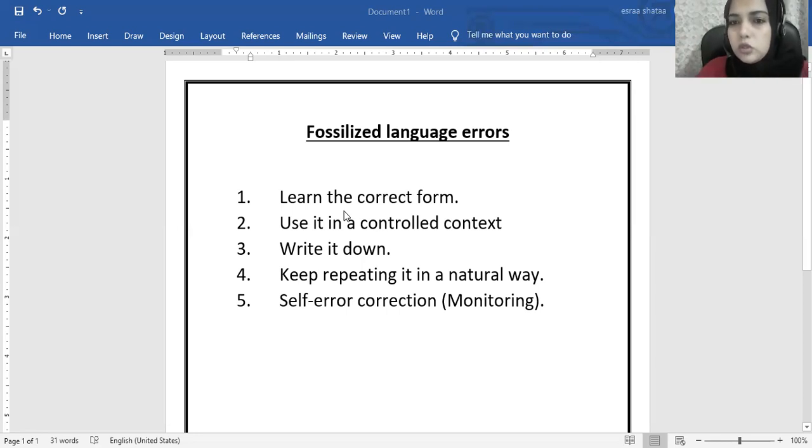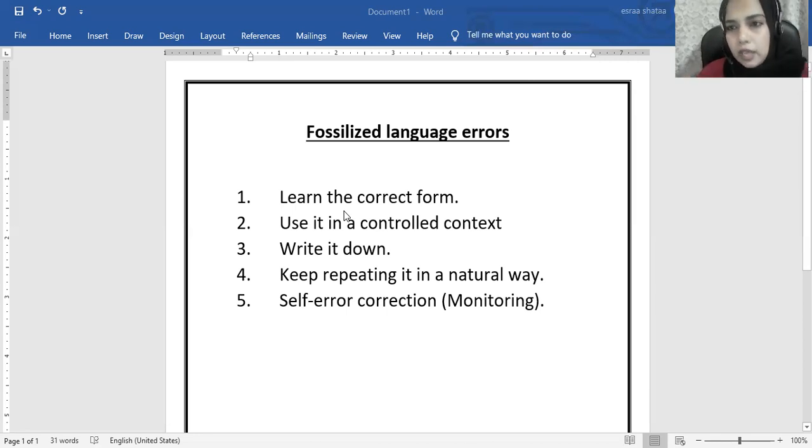What I want you guys to do is to write the correct form in a meaningful sentence. So my sentence is, I have been working as a teacher for 5 years. I added the last part of the sentence so that it can be meaningful. So after writing it down in the separate notebook that I use for working on my mistakes, fourth of all,